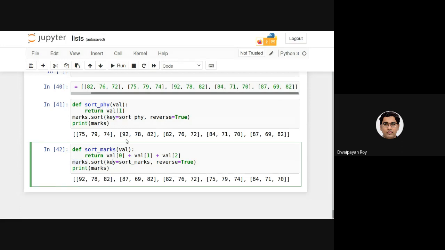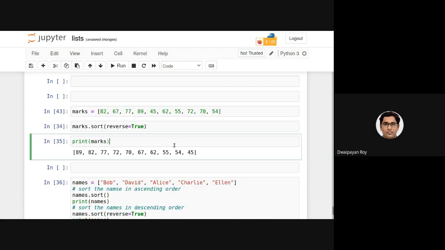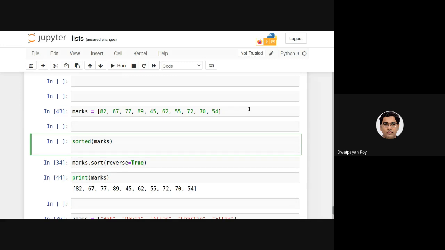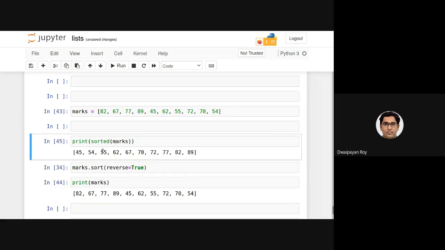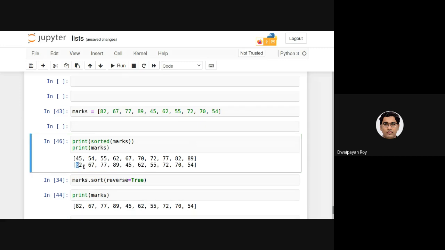Now, just to show you with a small example, let's say we have this marks list. If I need to sort them, if I just call sorted marks, as you can see, it is sorted. But if I print the list, as you can see, it is remaining the same.